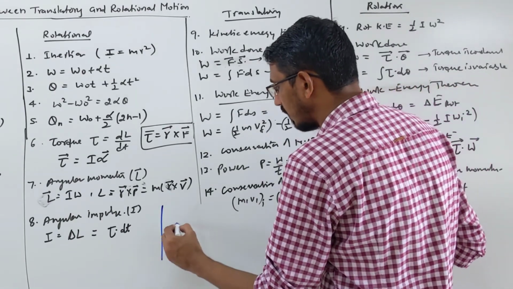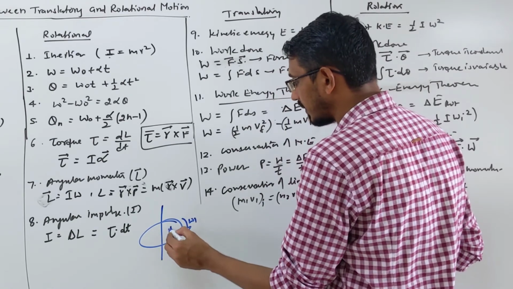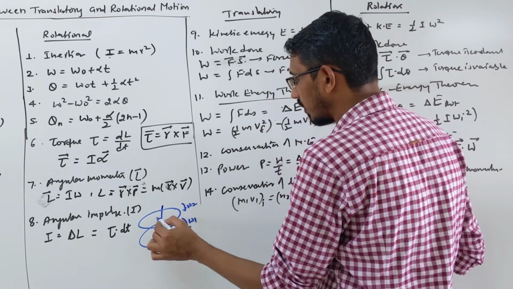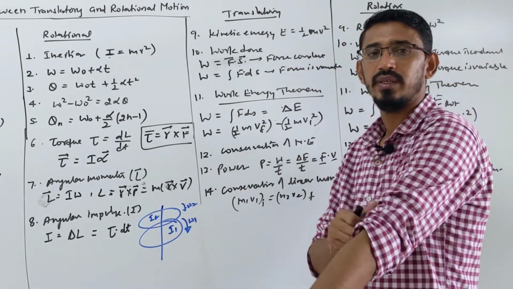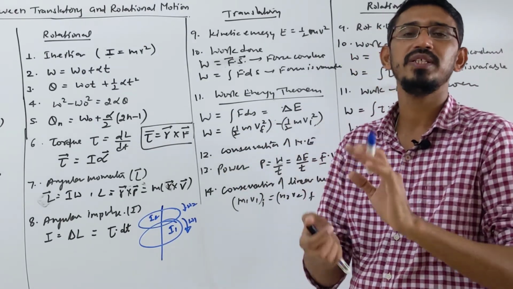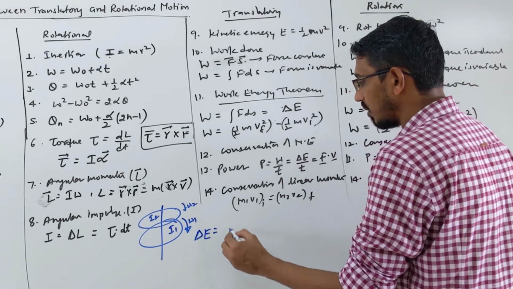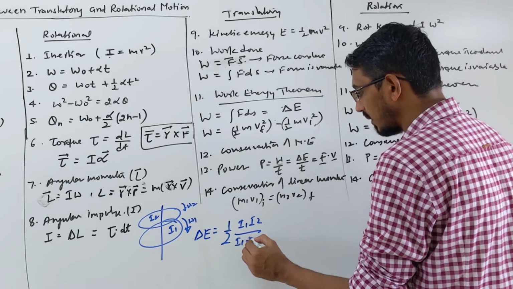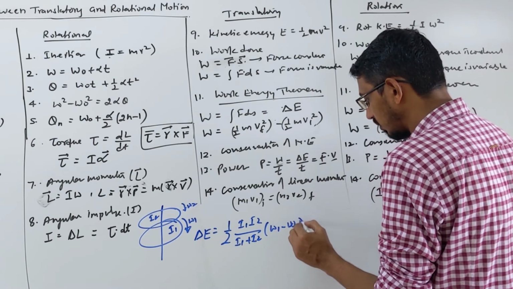You have a disc, one disc is rotating like this one, let's say angular velocity omega 1, inertia I1. If you put another disc over this, rotating with angular velocity omega 2, inertia I2, maybe it stays at rest also, doesn't matter. Then when they rotate over each other, there is friction. So due to friction some energy will be lost. So how much energy is lost? That formula I discussed in the collision topic: half times I1 I2 over I1 plus I2, these are the inertias of the discs, times omega 1 minus omega 2 whole square.